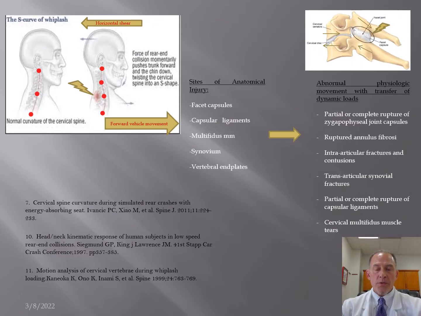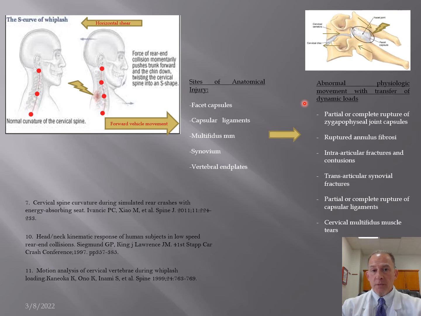So in the previous journal reference, Curtolo and Bogduck reference very specific tissue injury sites that can result from whiplash. Carrying that a little bit further, we see specifically injury sites are as follows. We have the facet capsular ligaments and the facet joints, the multifidus muscle groups, the synovium and cartilage, as well as the vertebral end plate connection to the disc.